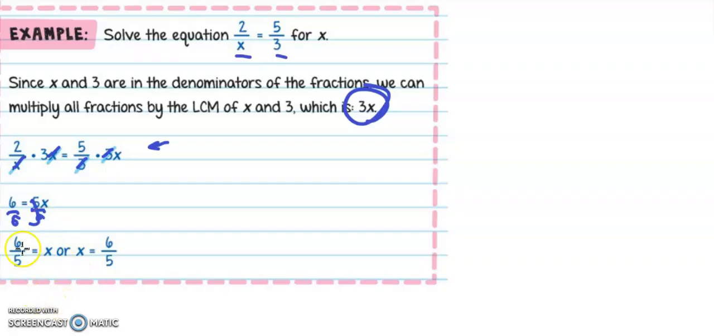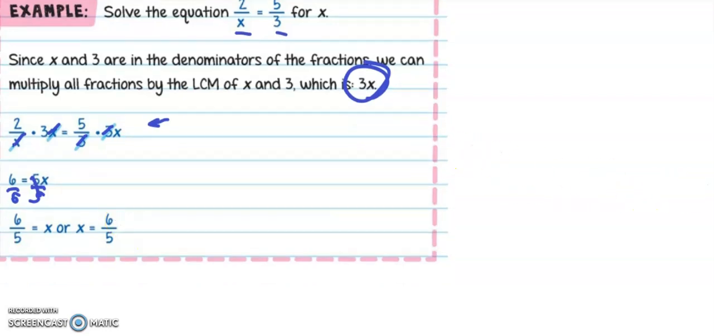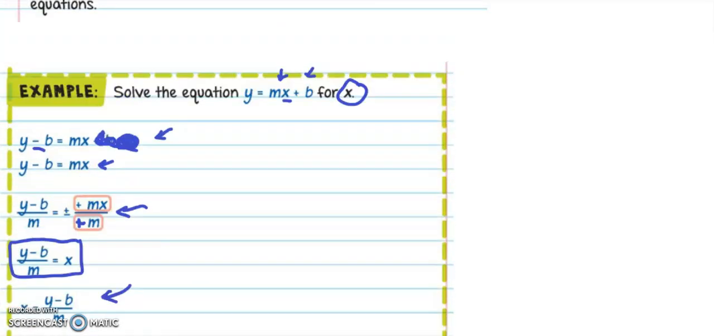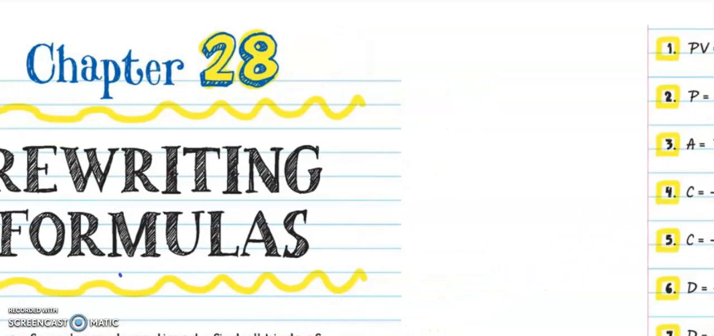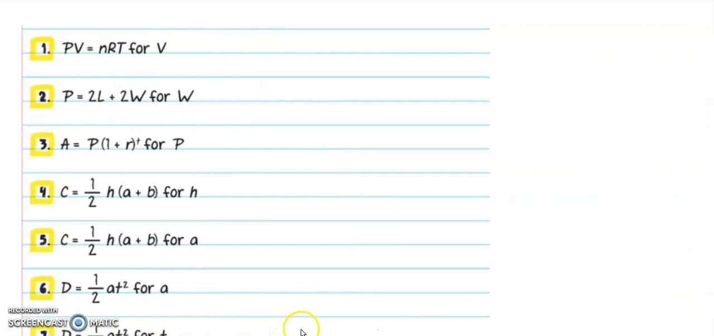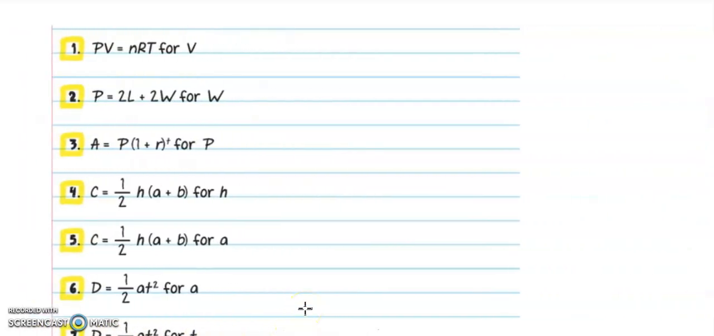Those cancel, and we're left with 6 over 5 equals x. Be prepared and be comfortable seeing some fractions as we go through these. Okay? So, let me see, where's my slider here? There we go. All right, so let's look at a couple of the examples from the worksheet here, and then